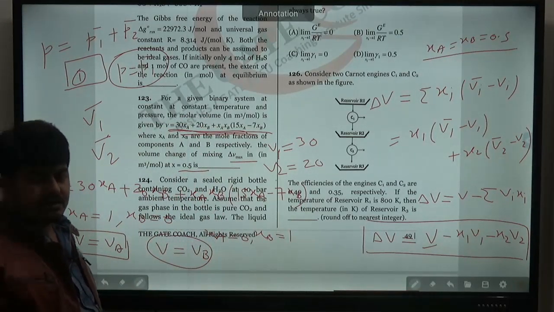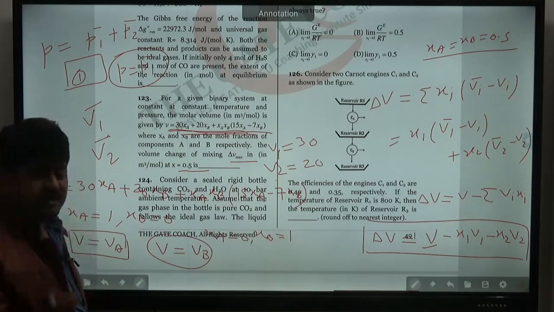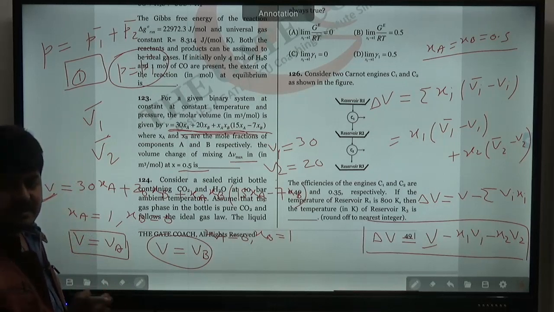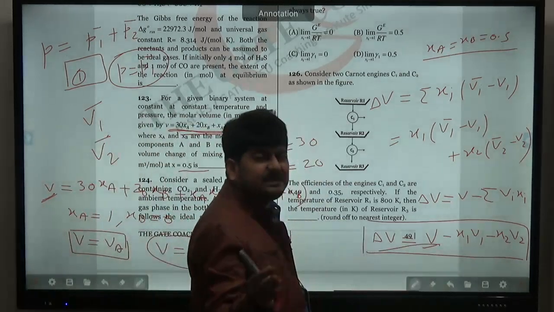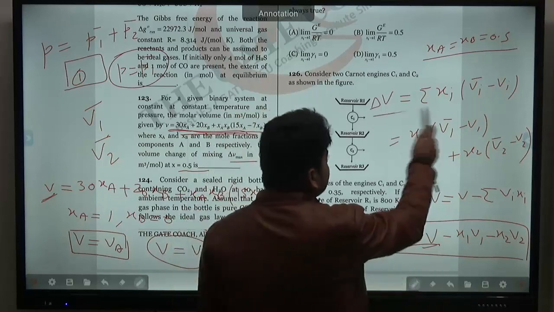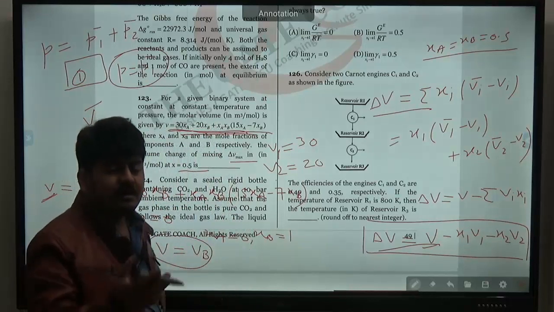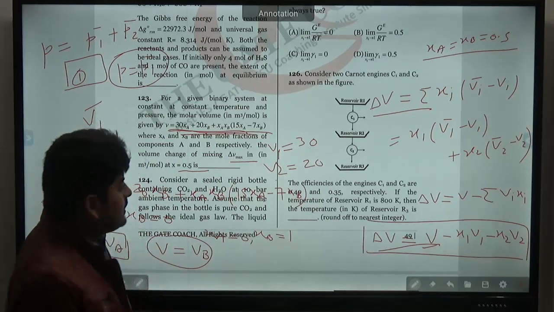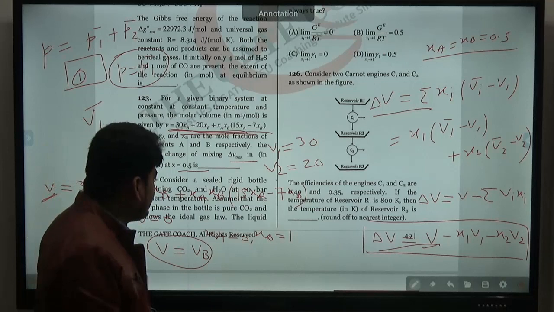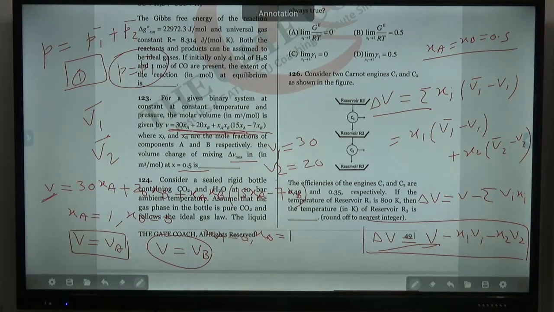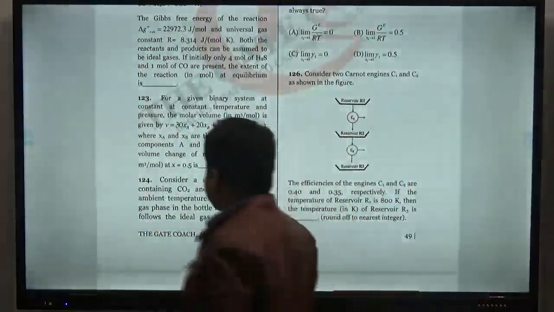Simple. And this question was there for 2 marks. So not a big difficult question. In solution thermo we every time get easy questions only. The thing is we should know the meaning of each and every term and the appropriate equations which we have to use. If you use this, you will get the answer in maximum 30 seconds. And if you use this expression, it will take 4 or 5 minutes, because you have to calculate V1 bar, V2 bar, and then you have to solve. So it will take some time. So this is the simple solution thermodynamics for you. I hope these property change of mixing and all these things are clear to all of you.